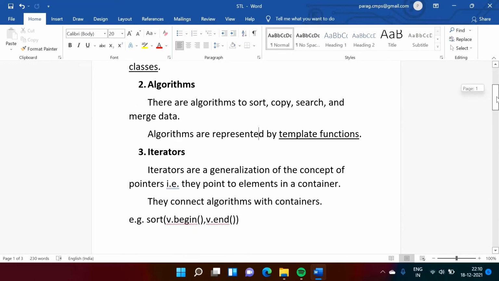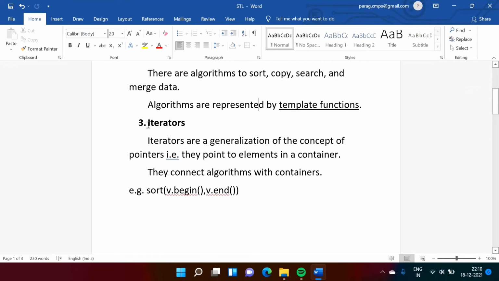Now, the third most important thing is the iterator. Now see, iterators are just like pointers. Just like pointers are used to access elements, in the same way iterators are also used, just like a pointer. But actually they are not pointers. They are used similar to pointers. Actually, these are called smart pointers because normally pointers access elements which are in a sequence, right? But these iterators are used to access the elements from complex data structures.